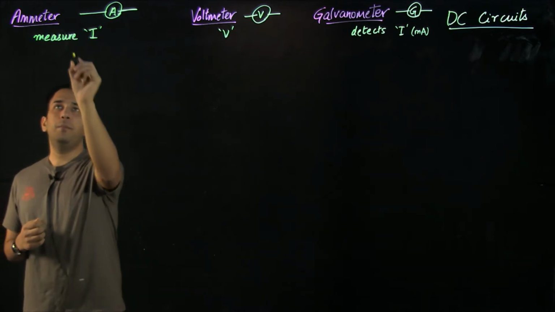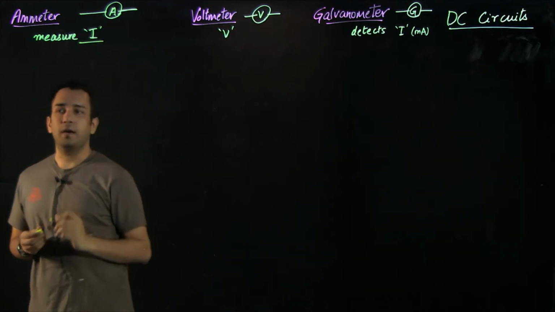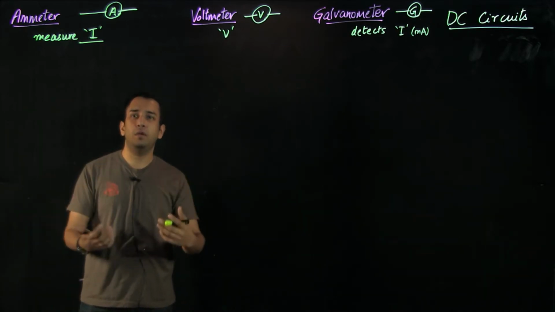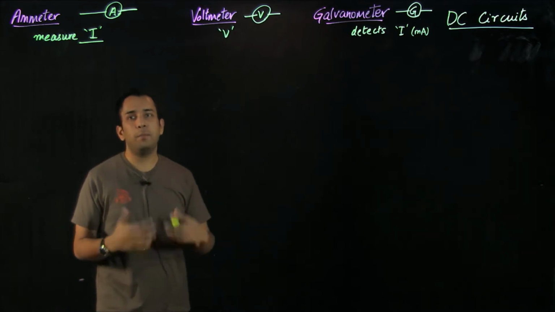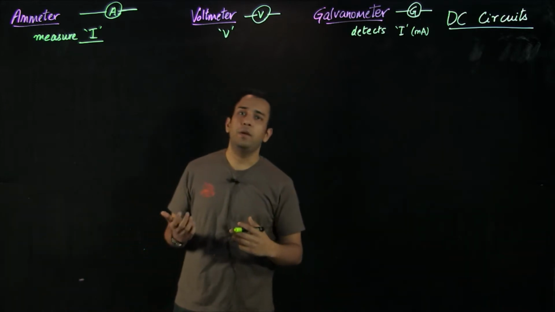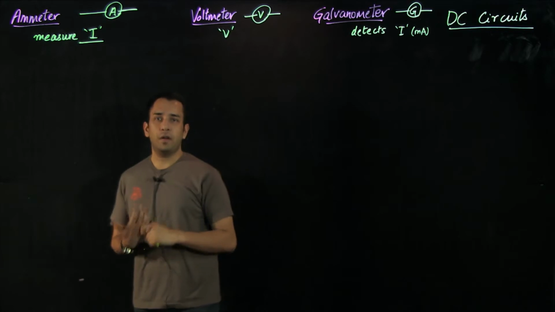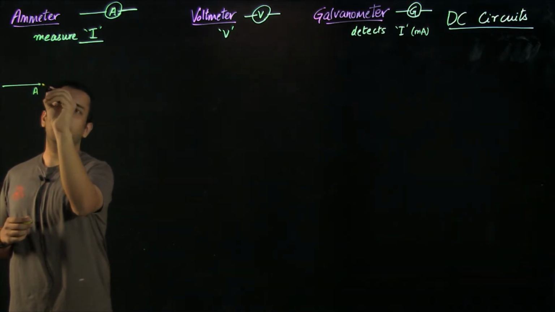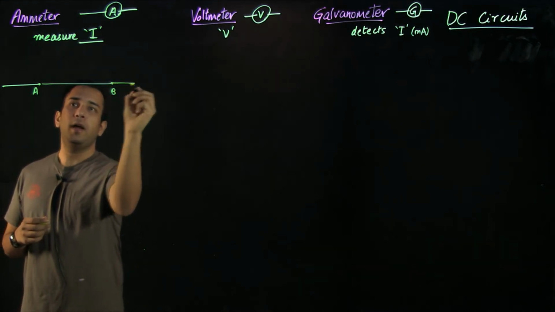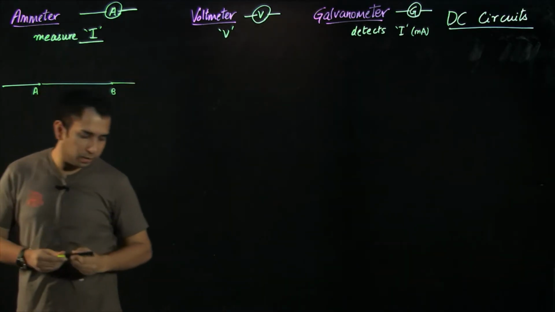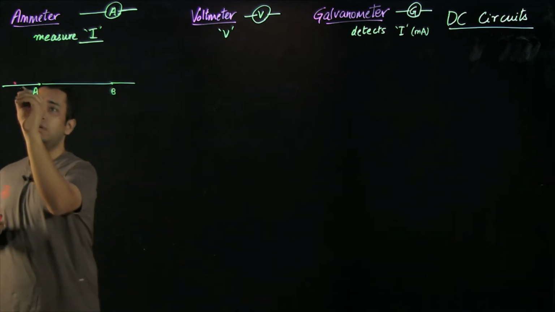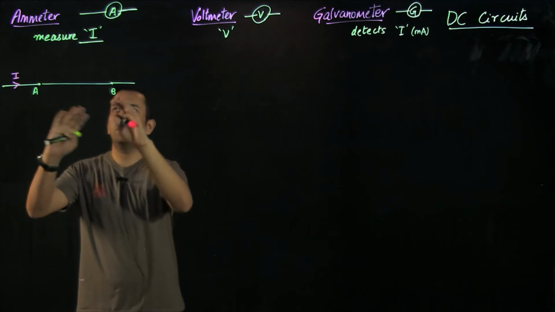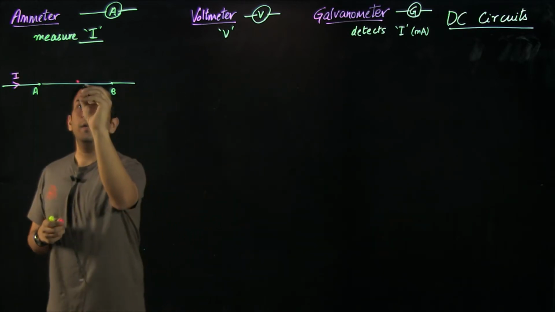We know that ammeter is used to measure the current. Now let's say in a given circuit, we need to apply an ammeter. What can be the best possible combination to use it? It can be either in series or in parallel. Let us assume that there is a branch A, B, and I need to measure the current I flowing in this branch. The best possible combination for the ammeter should be in series